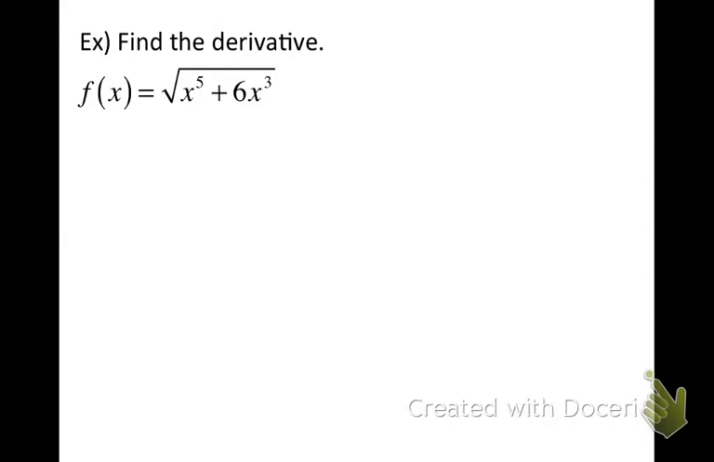We're going to find the derivative next of the function f of x equals the square root of x to the fifth plus 6x cubed. Now, part of the trick with this is recognizing what's the inner function and what's the outer function. Let's first start with the outer function. You're going to notice the square root symbol right there. Our outer function, or u of x, would be the square root of x, which for differentiation purposes we could